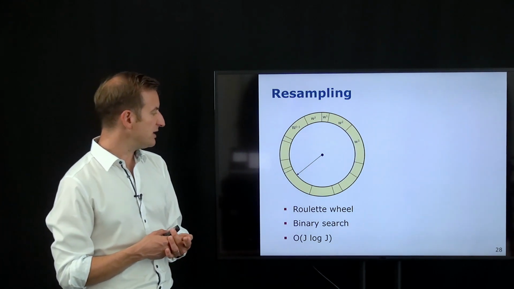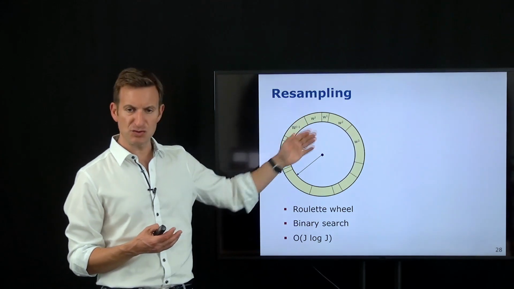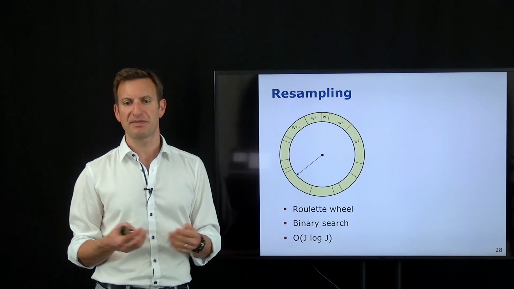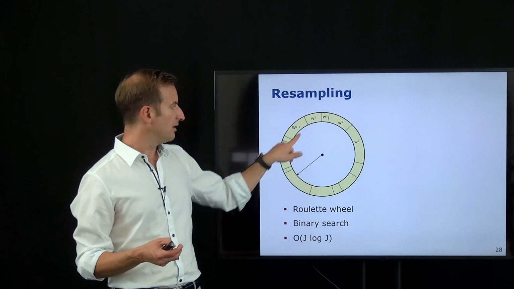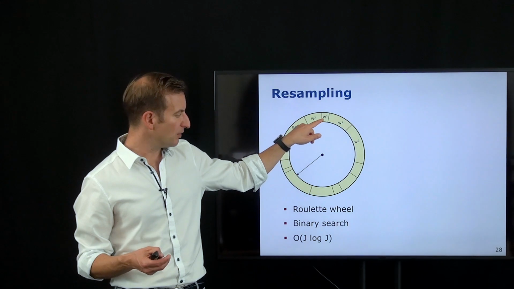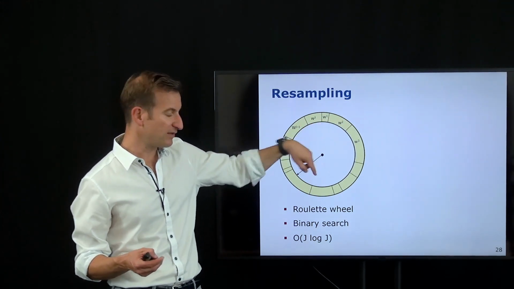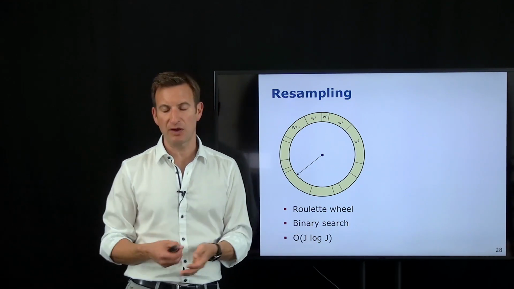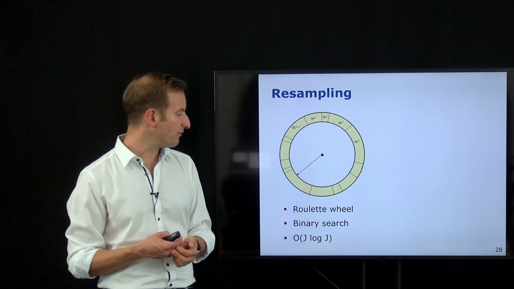And you can actually do this in an efficient manner. You have to do it J times because you're sampling J times, and you need to find which bucket the ball ends up in. That's something you can realize with binary search, because you know that the sum of the weights is 1, and you're basically looking at which bucket you end up in if you accumulate those buckets, or cumulative weights. So you just need to do a binary search in an array, which you can do in log J time because your array has J entries, so that we end up with a computational complexity of O(J log J).